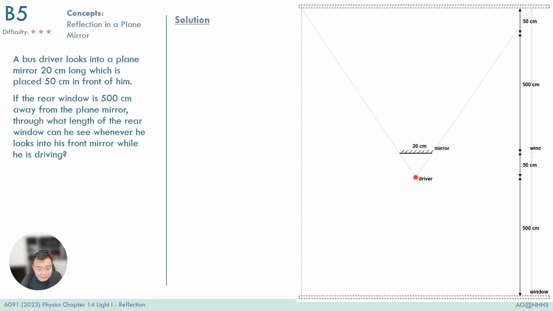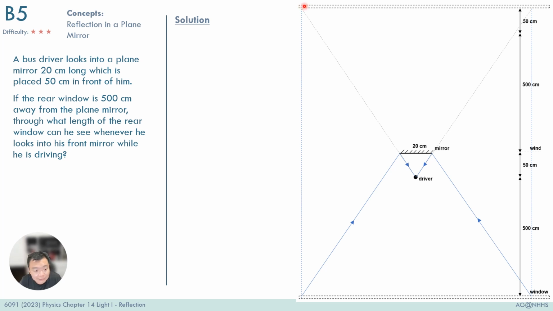Therefore, what I've done here is to use the edge of the mirror as a guide to look at the greatest path that I can see as a driver. With that, I can now draw in the actual incident rays and the reflected rays, and this is drawn in blue, and therefore right now I can see that this is the